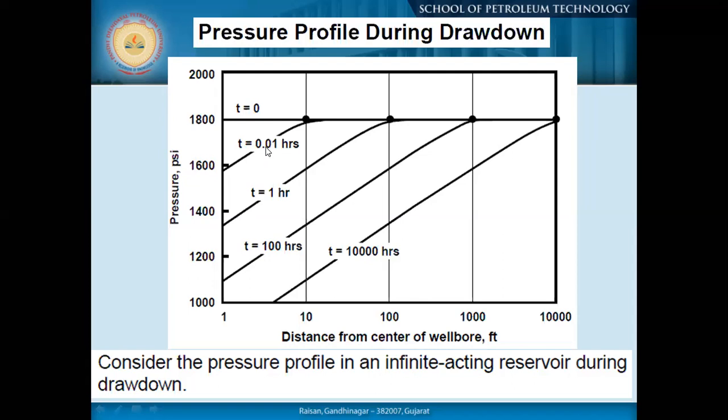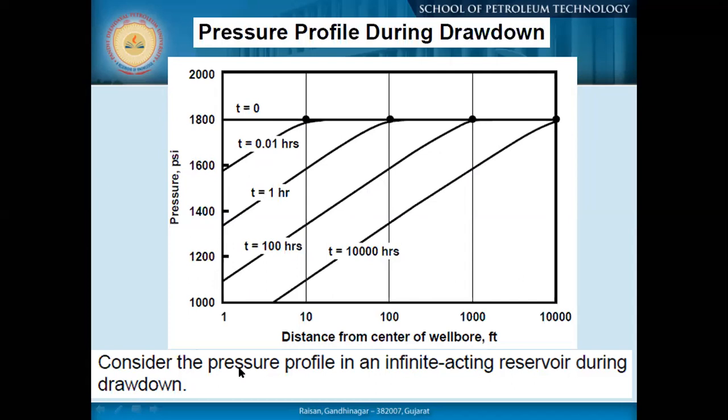So this is the initial time. Our pressure pulse has moved up to this point. This is the 1 hour. Then we have the 100 hours, and then we have the 1000. Even after that it will move further away. And once there is the end or boundary, if there is no support, then automatically the pressure will fall down. That means the pressure will fall and we get the response in our pressure value also.